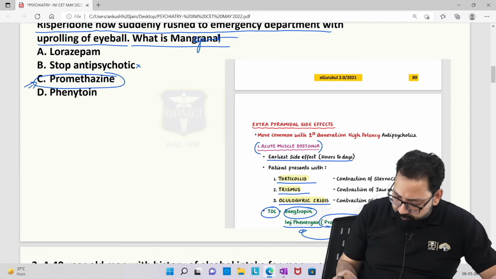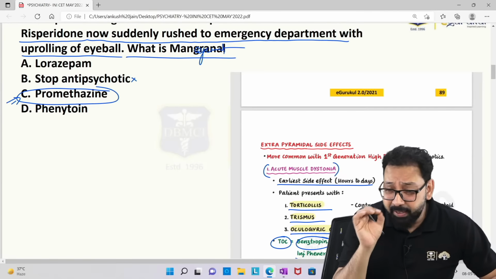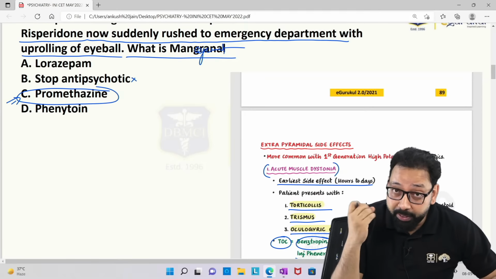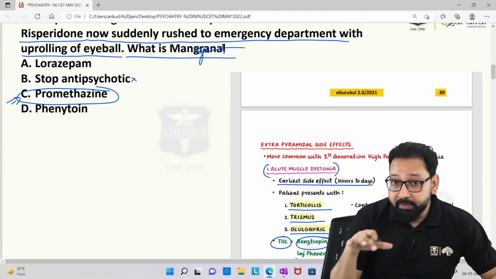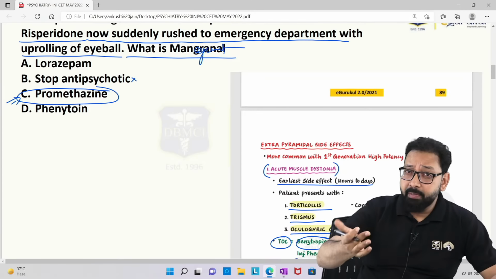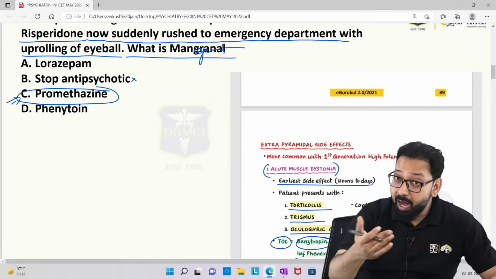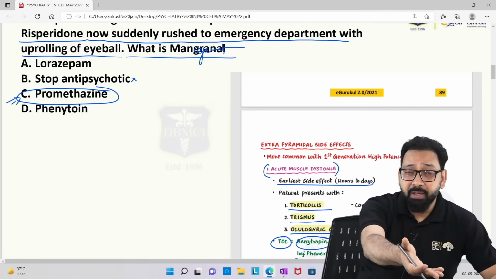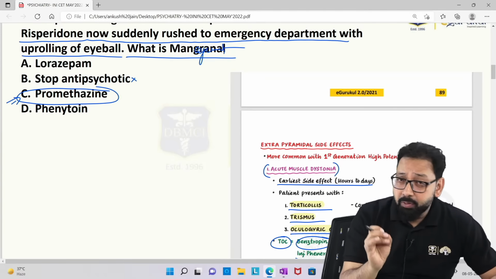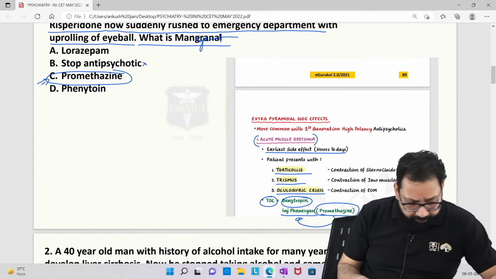These are clinical topics being asked more and more, so for all extrapyramidal symptoms you must have an idea. The most common extrapyramidal symptom associated with antipsychotics is akathisia, asked previously 1 or 2 years back. They are following the same trend, so it is an expected question, and you mark the correct answer.